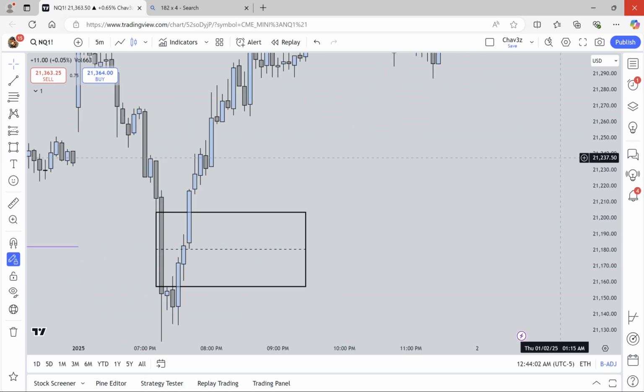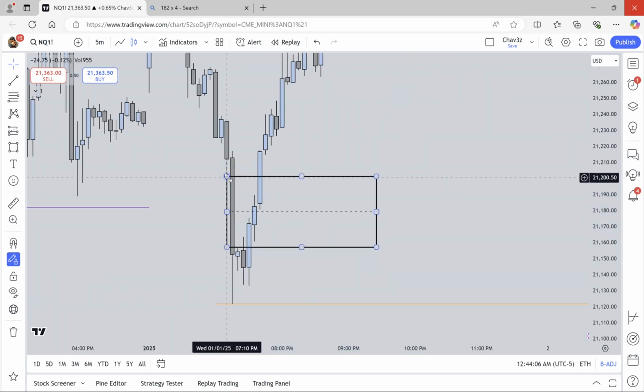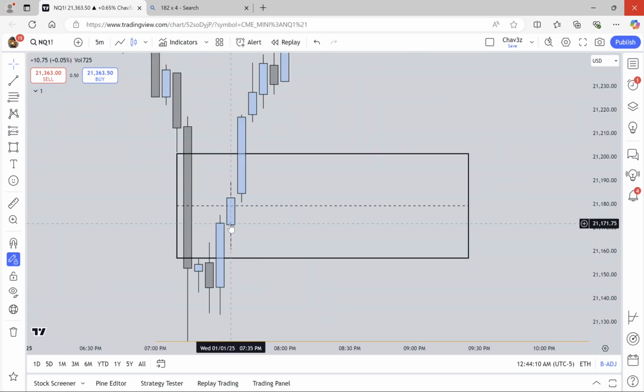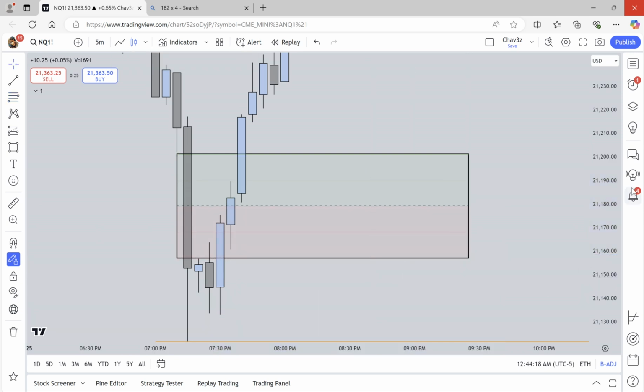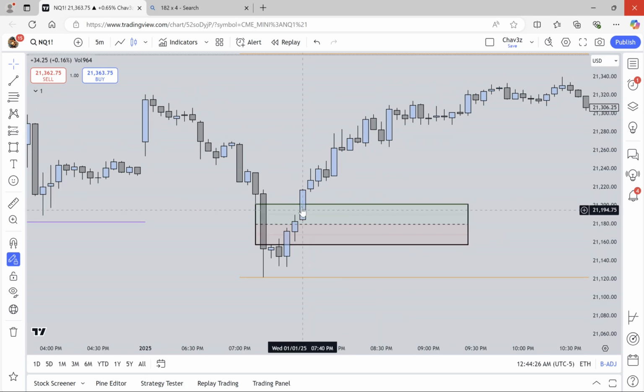look at how the candlesticks reacted to the 50%. Once we broke above the 50% and closed, again, this is just a PD array. We're just going to map it out this way so it makes sense. Once we broke above equilibrium and we traded above equilibrium, where did we go? We continued higher above that PD array.